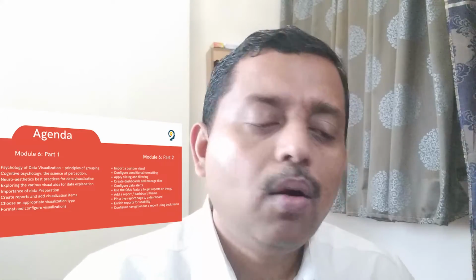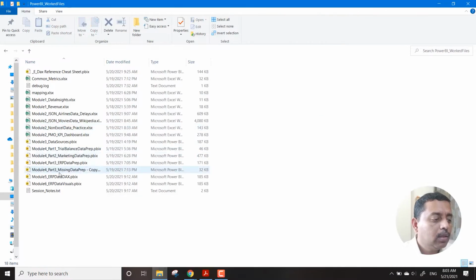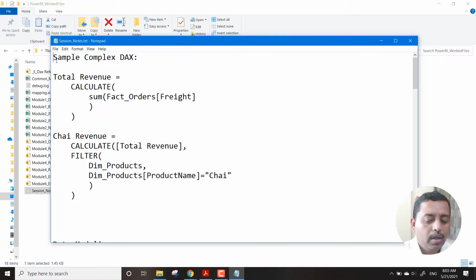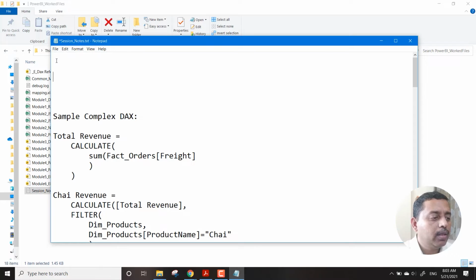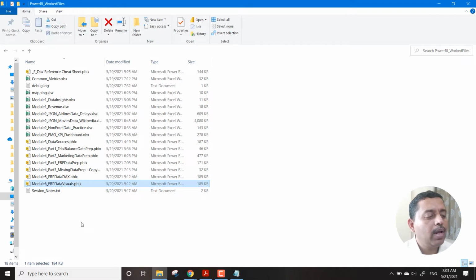For this session, what we have done is we have got the data. First of all, we will open the session notes, in case we need them. Then we have got module number 6, the same ERP data, so we will continue our journey from there.